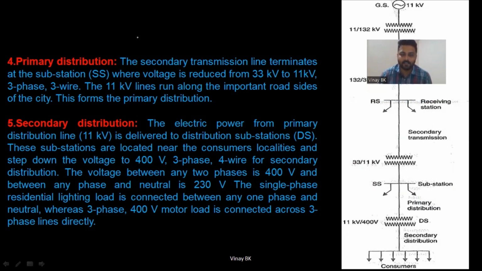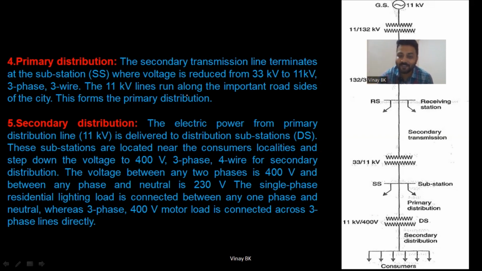This explanation is sufficient, so if you want you can take a screenshot, it will help you a lot. Also, the primary distribution is nothing but the secondary transmission line. For the secondary transmission, the primary transmission line terminates at the receiving station. So for the primary distribution, the secondary transmission line terminates at the substation, the receiving station here,